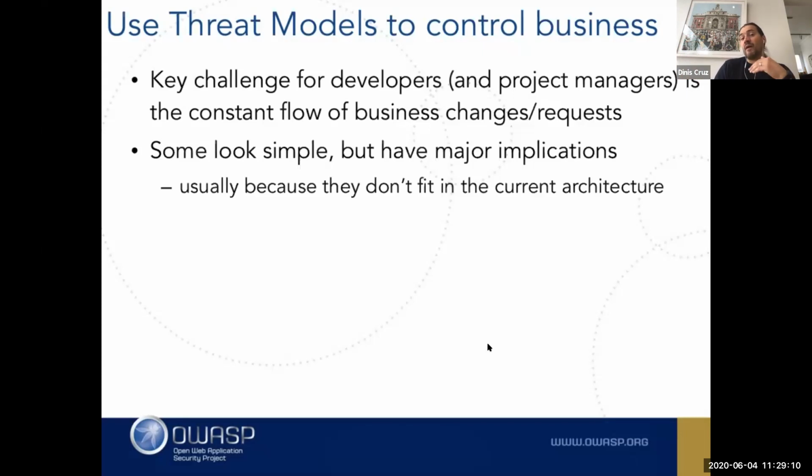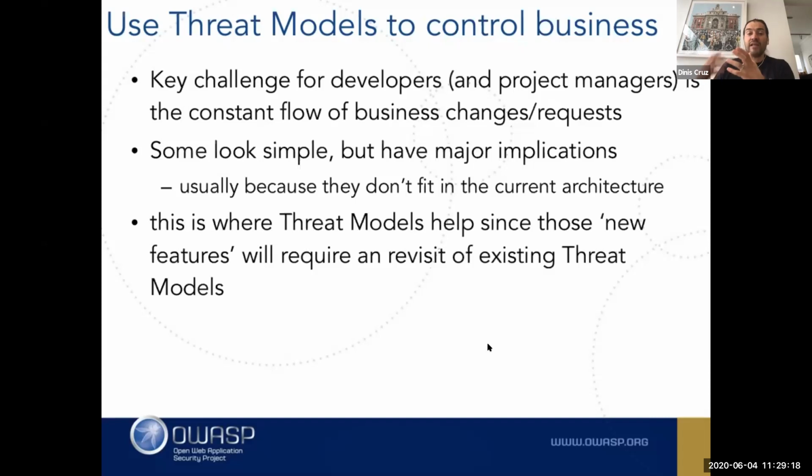Because if you think about it, the reality is that you can have requests that look simple, but if they don't fit the current architecture, they will change a lot of things, right? And that's a massive problem. So in a way, a threat model forces you to lock this. My best story was from a place where I was working that had a really good network of security champions, and I was called by a security champion to a meeting because he wanted me to do a threat model for a new feature they needed to add. Everybody knew that it was a bad idea, but they couldn't find a good way to tell the business why they couldn't do it, right?